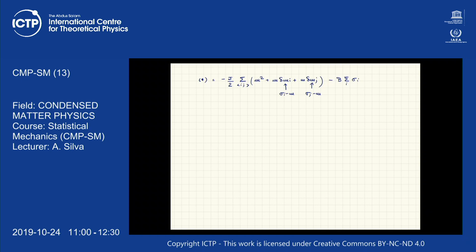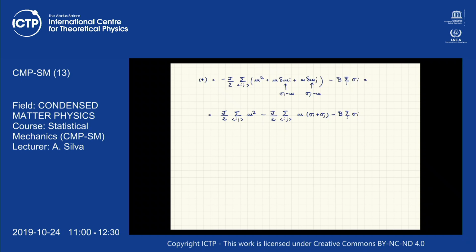If you substitute these two expressions and do some quick algebra, you will easily get that this is equal to J over 2 sum over i and j m squared, minus J over 2 sum over i and j m times sigma i plus sigma j, minus B sum over i sigma i,